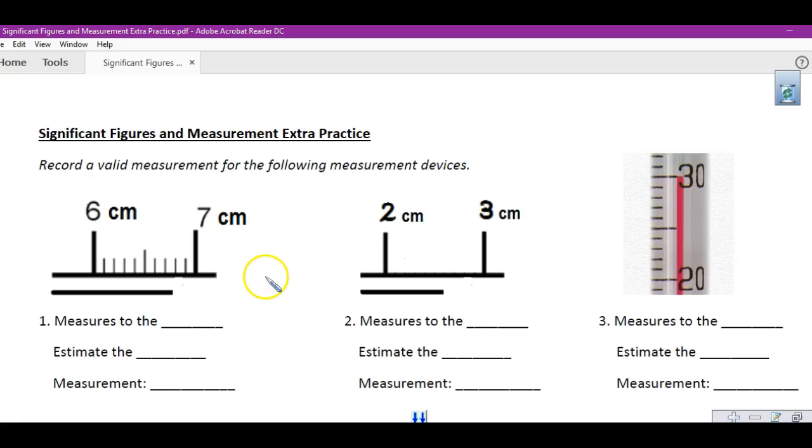Alright, this is a video showing you how to correctly record measurements, and we're going to talk a little bit about significant figures. So in example 1, you've got the close-up of a ruler, and you hear in the background